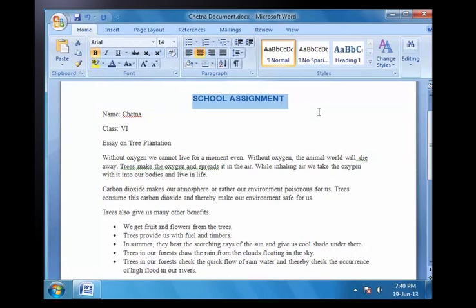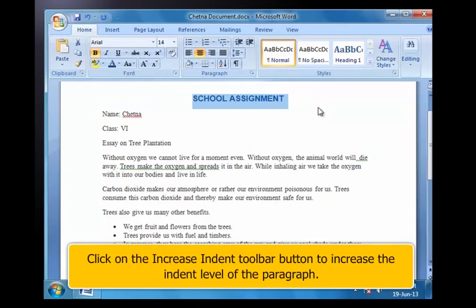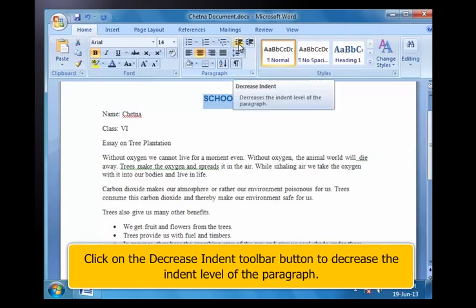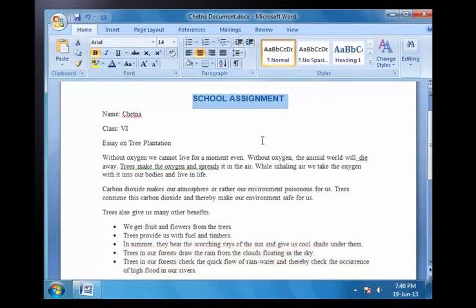To indent a paragraph, click on the Increase Indent toolbar button to increase the indent level of the paragraph. Click on the Decrease Indent toolbar button to decrease the indent level of the paragraph. To create a bulleted list,